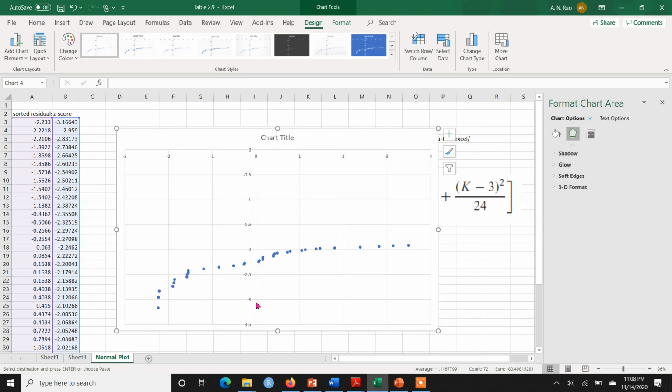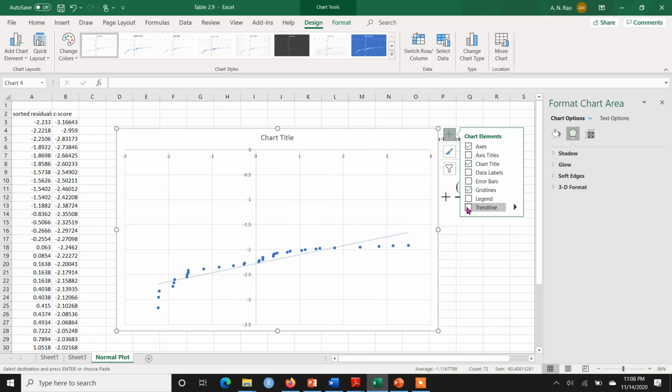Okay, and actually what we are looking for in the normal probability plot is whether the pattern is close to a straight line. So let me add a trend line here. I click on this plus sign and choose the option of adding a trend line. So you see I have this linear trend line, and most of the data is close to it, but there is some curvature or a bend here as well.